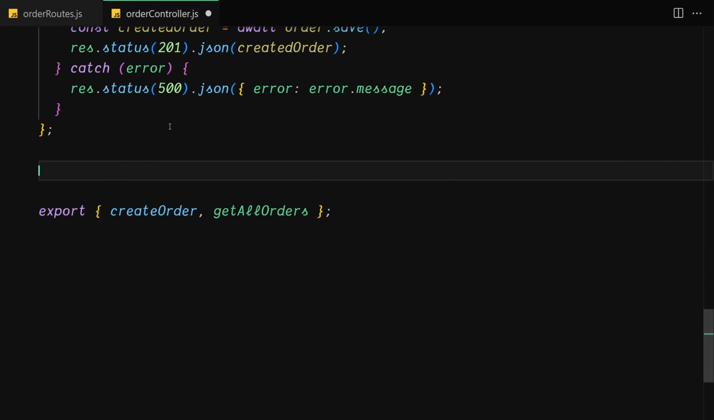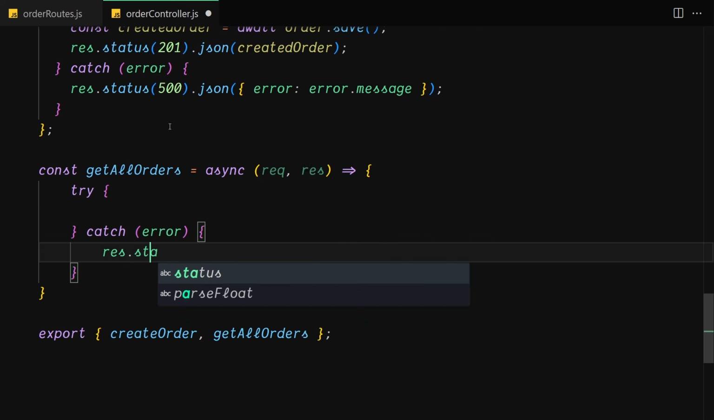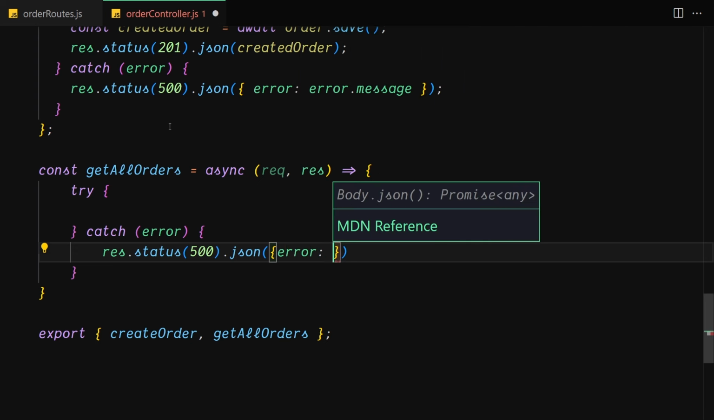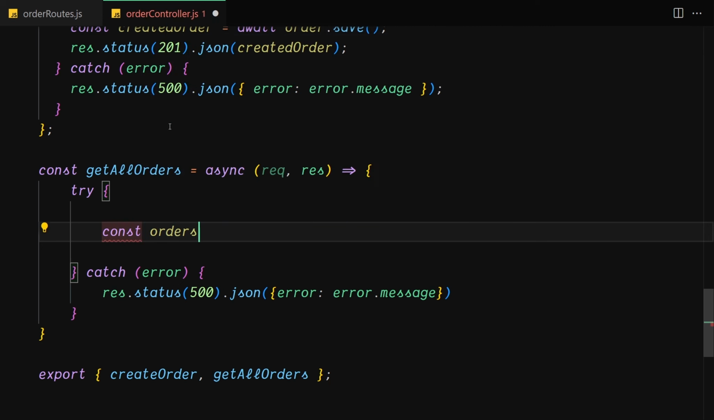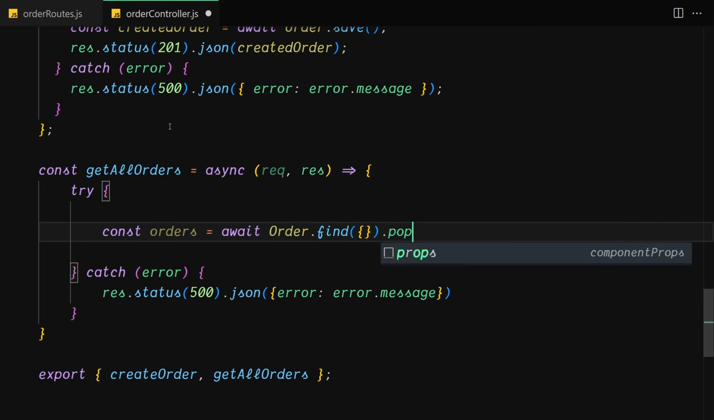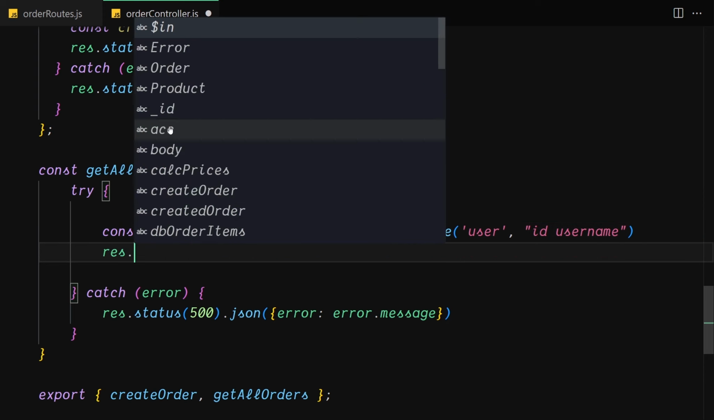Okay, so getting all the orders. It will be an async function with request and response, and here we just have to use try and catch blocks. For the catch block, we are just going to write res.status of 500 and send the JSON response to it, like error of error.message. And if that's not the case, for the try block, we are going to write orders, and that's supremely easy. We just have to use await Order.find of every single thing and populate, what to populate? Populate the user and also the ID and the username right here. There we go. And finally, let's write res.json